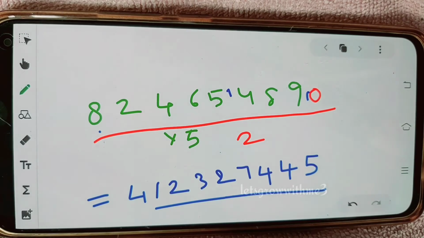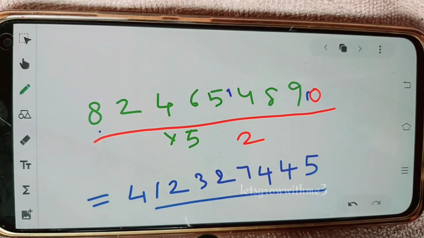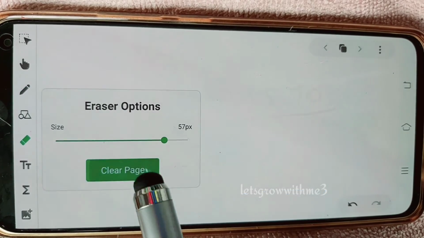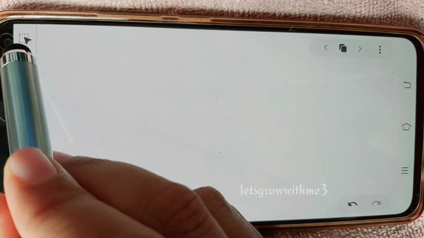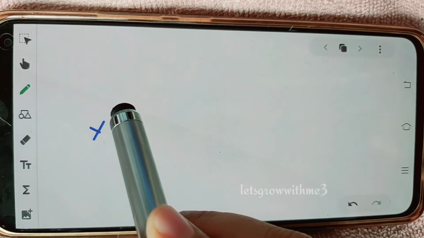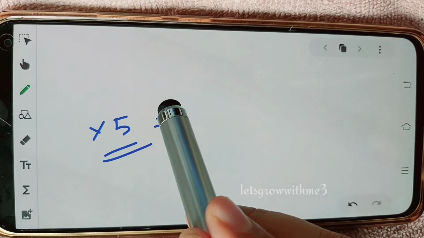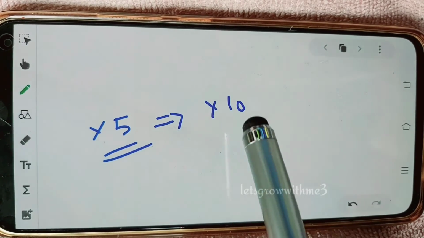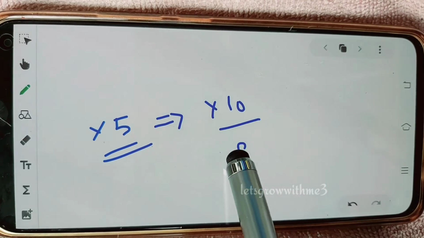Okay, yeah, so that's it. I hope you got all the concept I'm saying. So one more time I want to revise the concept behind this. Actually we can multiply any number by 5 in a very easy way. So what's that way? The first step you need to do is multiply with 10, means just append one 0 behind that number, and then we should find out the half of that number. So it's so easy to find the half of any number.